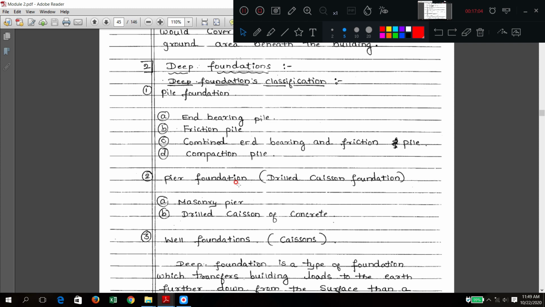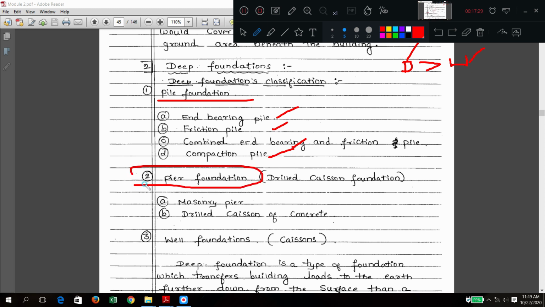So in deep foundation we have so many categories. What are those? Deep foundation, what is the general definition? D is very large compared to W: depth of the footing, width of the footing. So we have pile foundation. In the pile foundation itself, we have end bearing, friction, combined end bearing and friction, compaction.